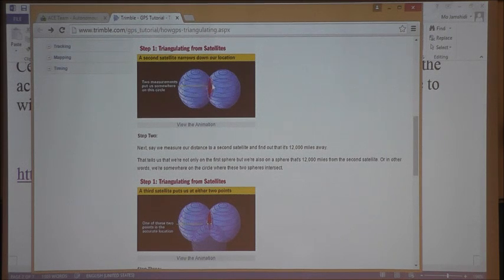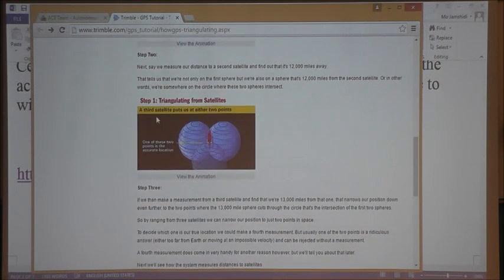We are somewhere in here right now. This was the result of the first lock, the second lock to the second satellite. Then now you go to a third satellite. If we then make a measurement from a third satellite